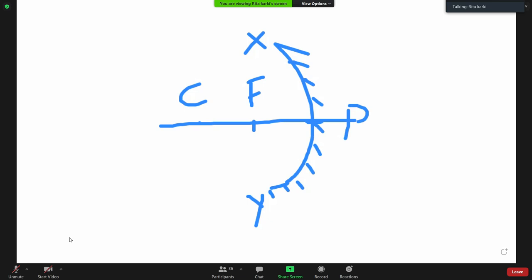Similarly, there is the spherical mirror or the concave mirror that we have drawn, in which one part is shaded and another part is unshaded. Yes or no? One part is shaded and another part is unshaded. So the midpoint of this axis is the whole of the concave mirror